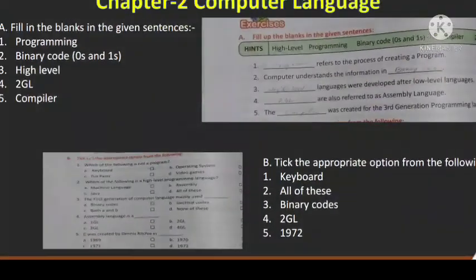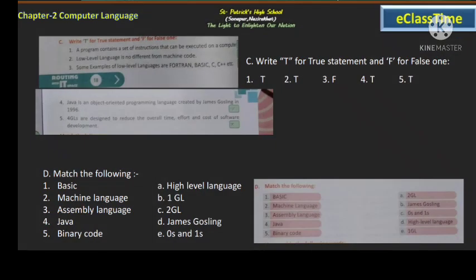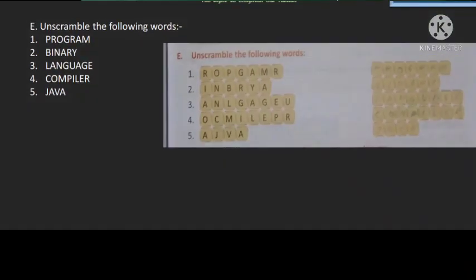Now dear friends, as for the question answer exercise part, I'm sharing the objective types on the screen. You can copy down the objective type question answers. If you have any doubts regarding these question answers, you can comment and I shall try my best to solve it and clarify your doubts.